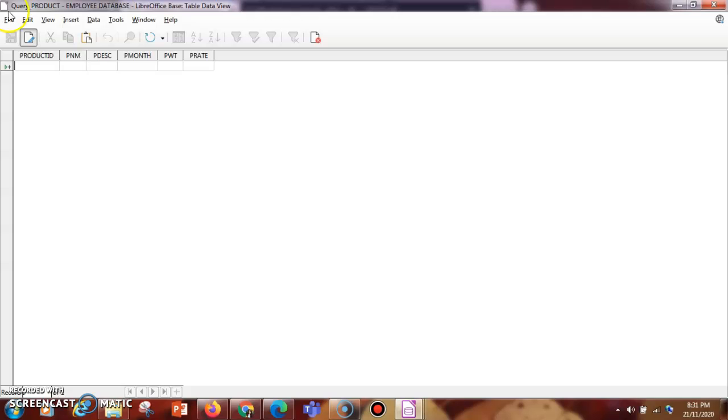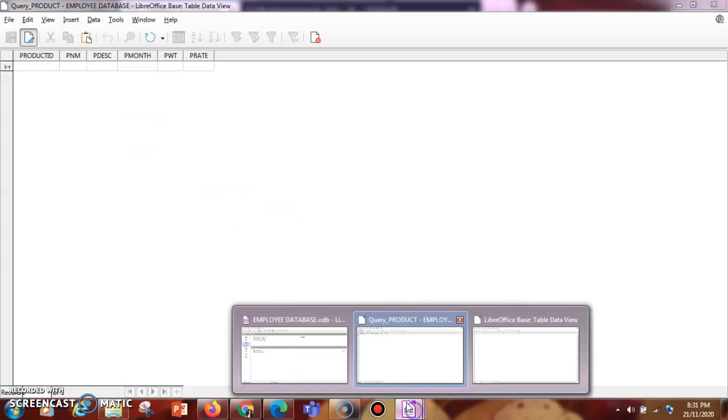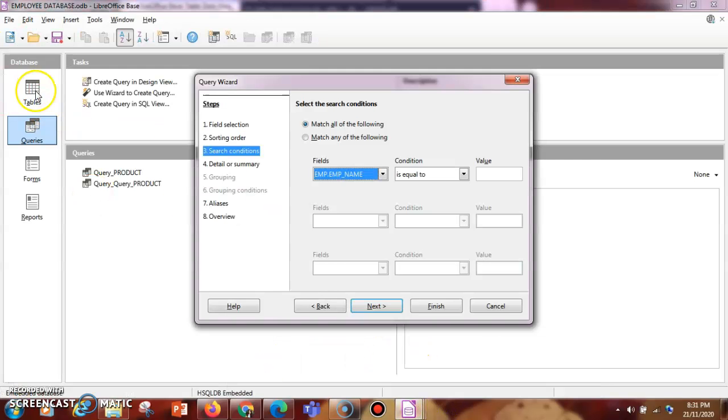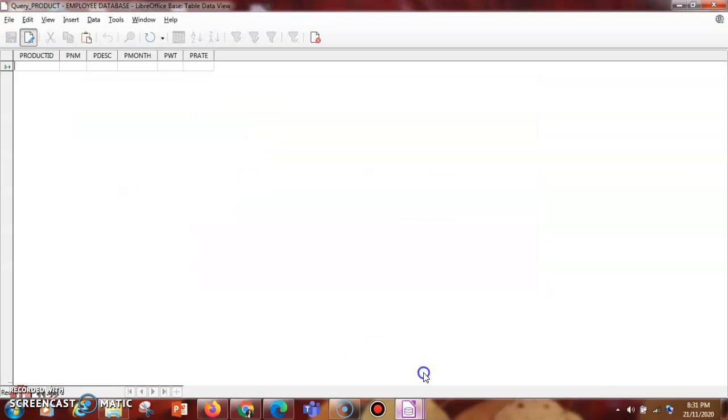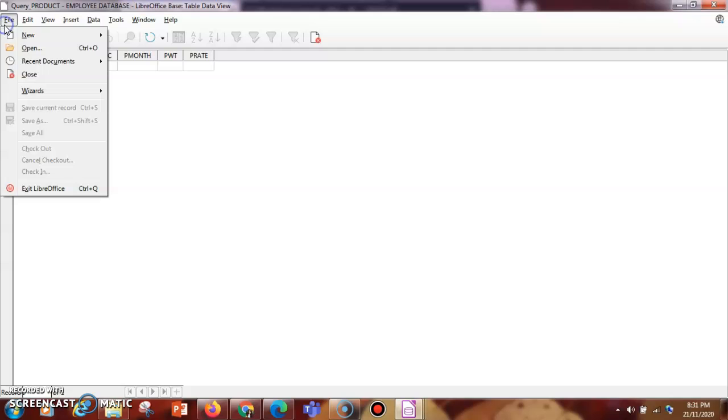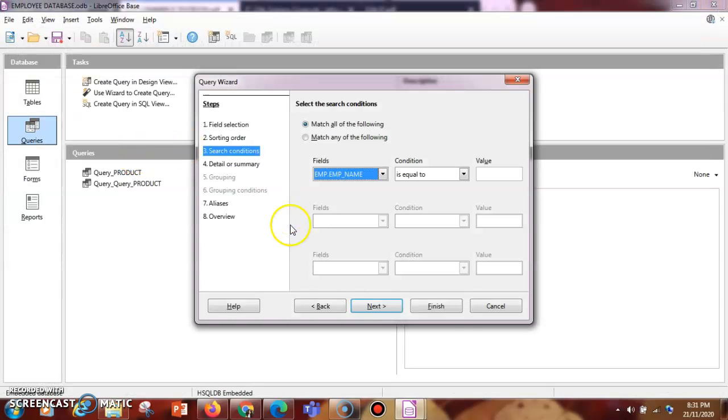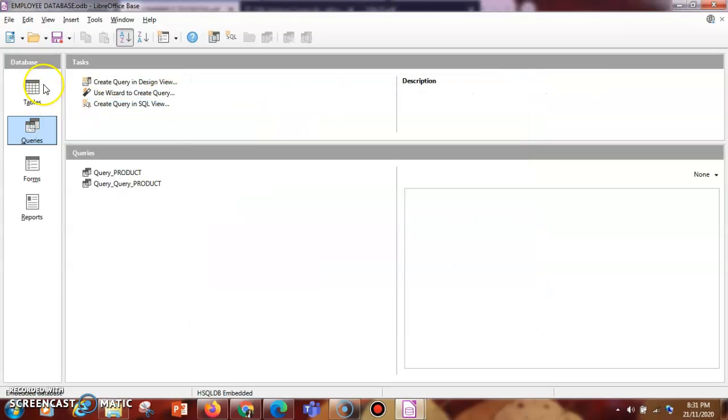Okay, I want to see the employee table, so we'll just go in table section first. Okay, so as this window is open, I cannot go in the table section currently. We'll just open it or we'll try to do it again. Okay, so I'm just going to go in the table EMP.